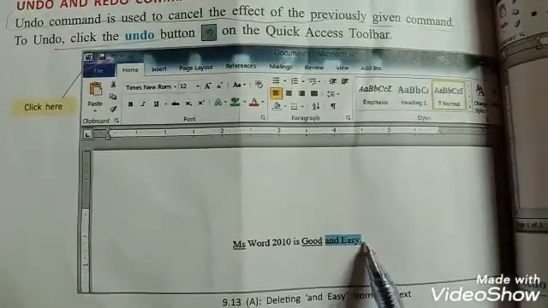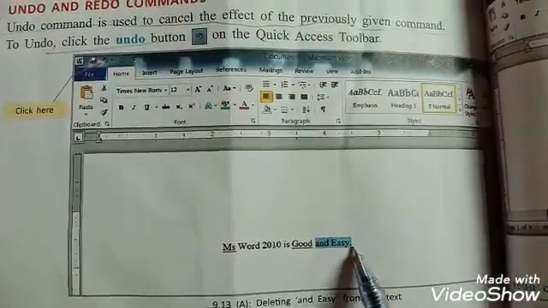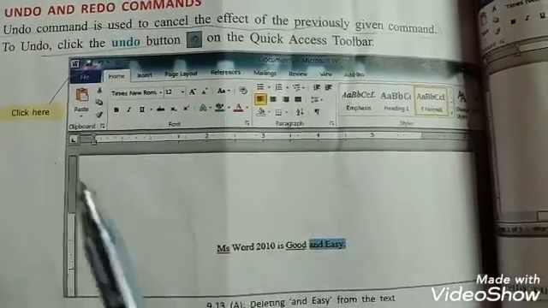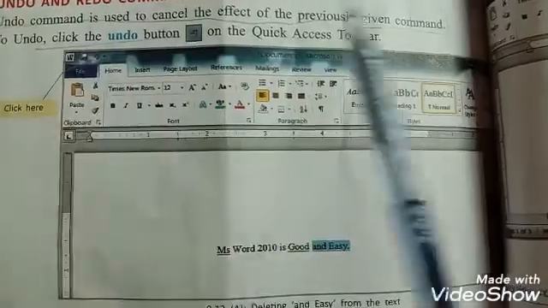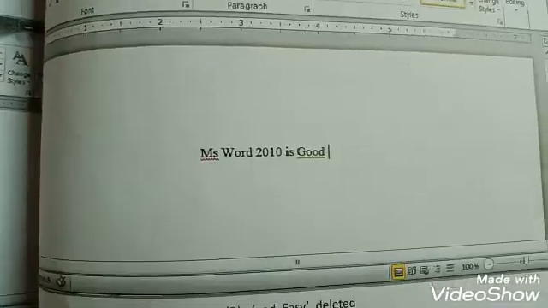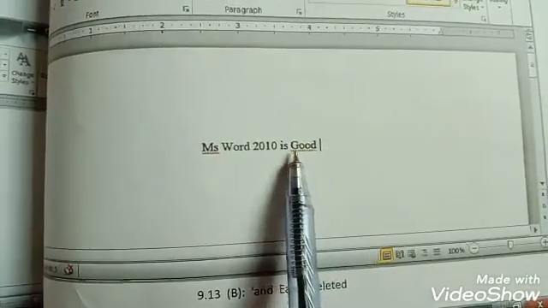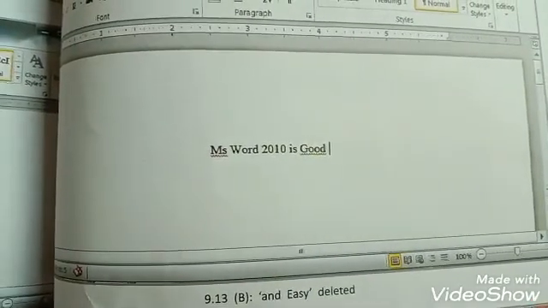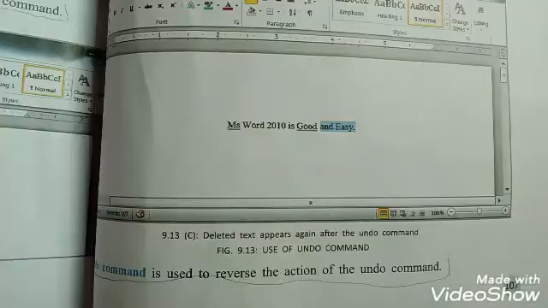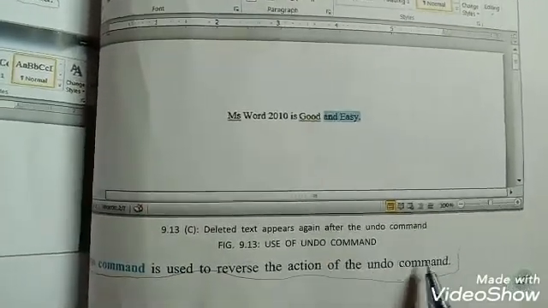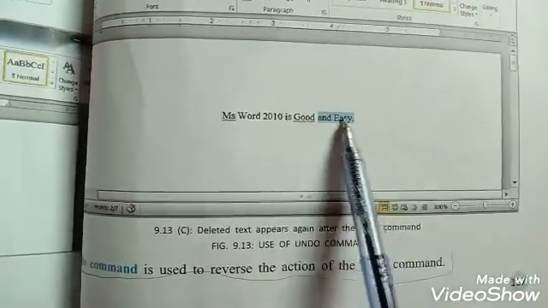If you cancel this selected text, then after selecting this text, click this button, and the result is this. The selected text is cancelled from your document. And similarly, redo command is used to reverse the action of the undo command.